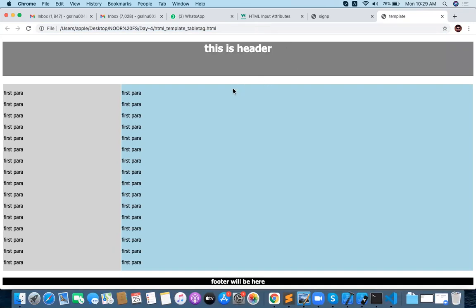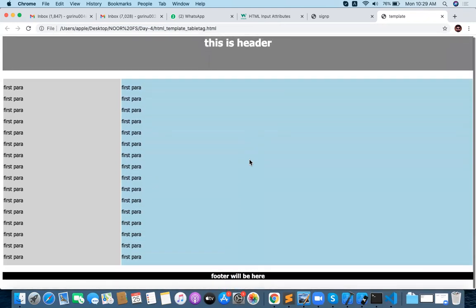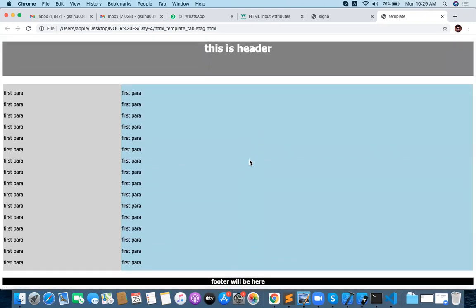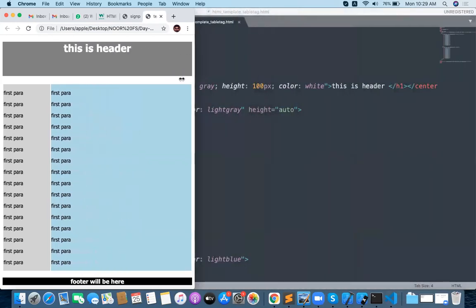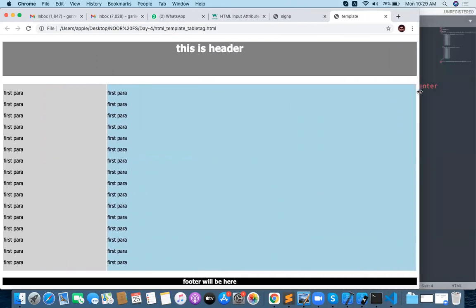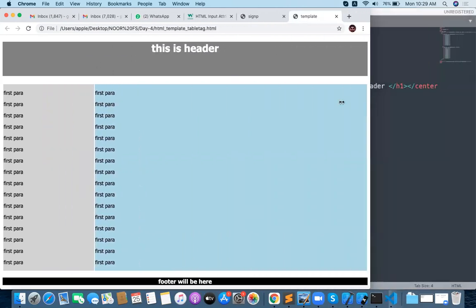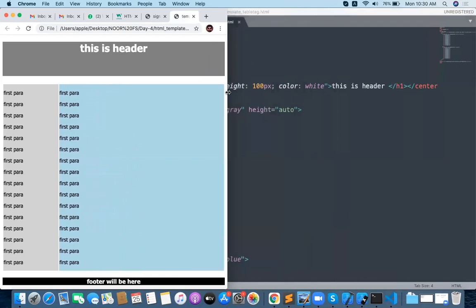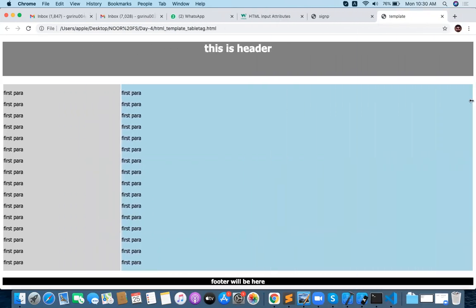Header is very nice now, and this is my footer. This is the header, and content is also like this. Okay, in this particular manner, you are going to be designing your templates and all. So this is adjustable one. Why? Because this is a table template. If you want to design any kind of HTML, better you go with the table templates. My recommendation is table template. Okay, so it's automatically responsive. As it is automatically responsive, better you go with